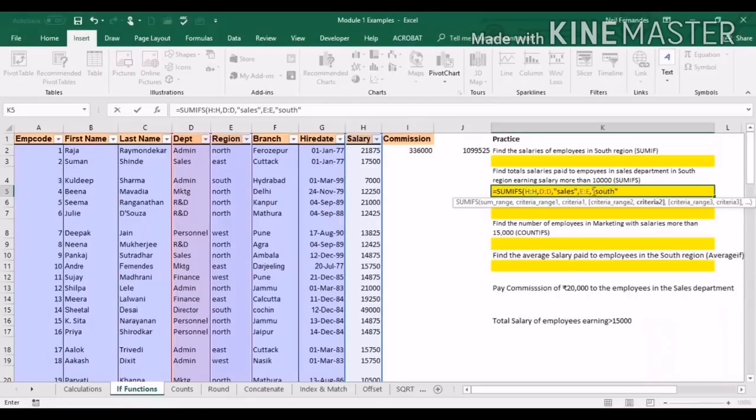The information that you're putting in the double quotes is not case sensitive. Even if you see sales here with S capital, you can still put sales in all small letters. Okay, going back to our formula, once I have entered E to E as south, then comes the criteria